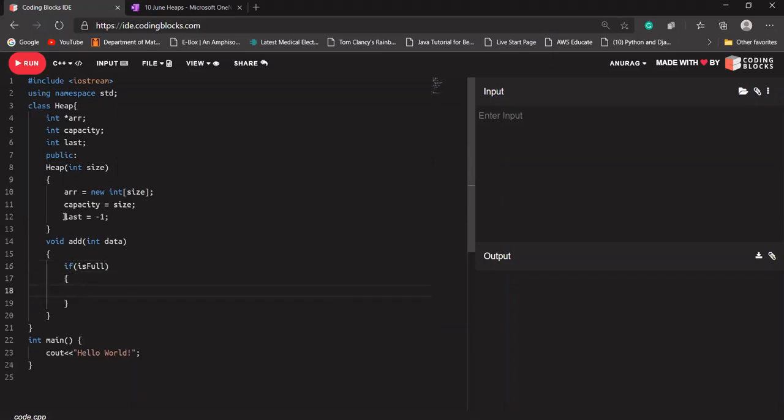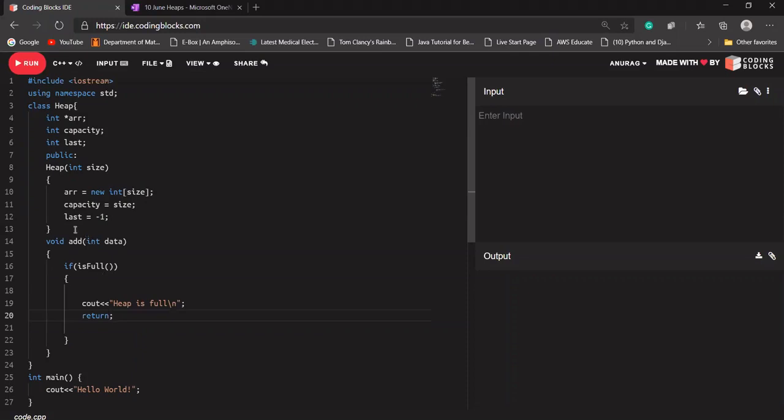I'm going to check if it's full, returns true. So I'm going to cout a statement that heap is full, endl. This heap is full, and I should be returning from here.